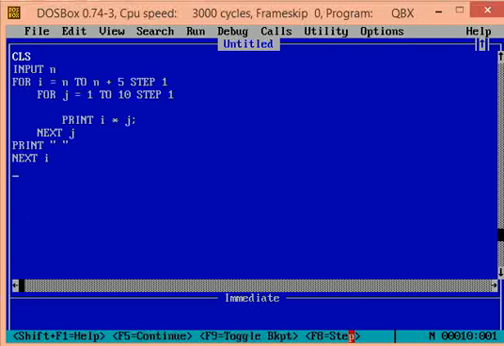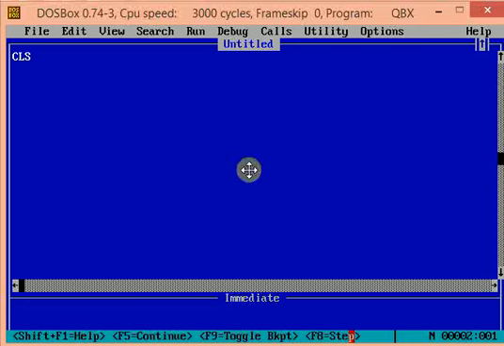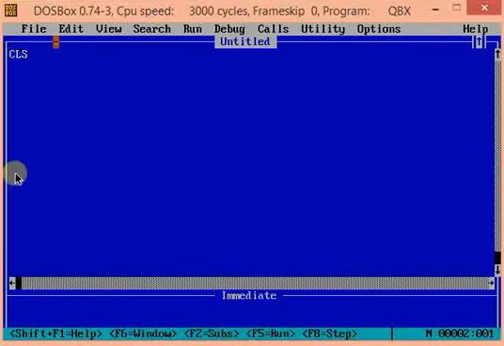Let's clear the program and make it simple. For I is equal to 1 to 10, step 1, print I. Next I. This program will print just the value of I. Let's run it.